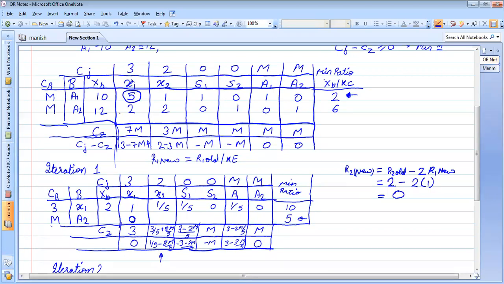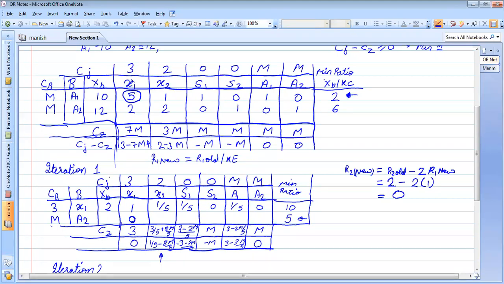So our objective is to get the key column as 1, 0, 0. Whatever other elements there are, except the key element, are to be made 0. Okay. Now is it clear? Yes, sir. Okay. So if you want to make this 0, then we have to perform this operation on the entire row. You cannot just make this 0 and leave all the other elements as they are. So you have to perform this operation on the entire row.